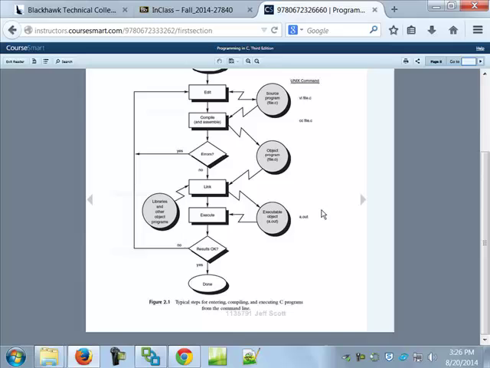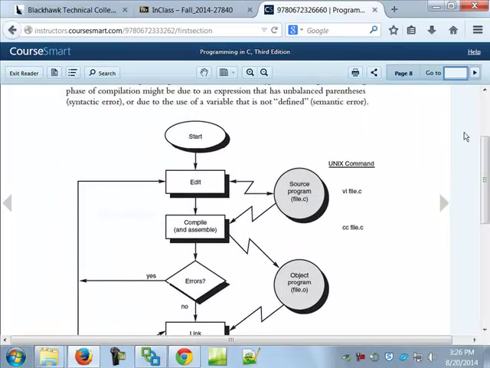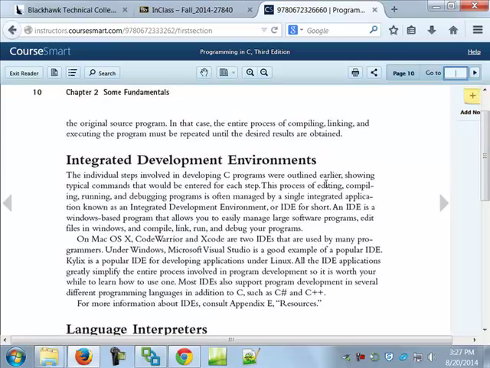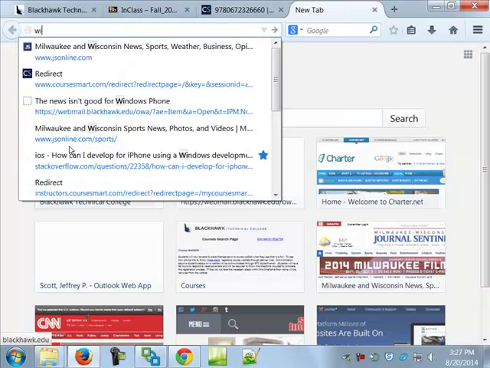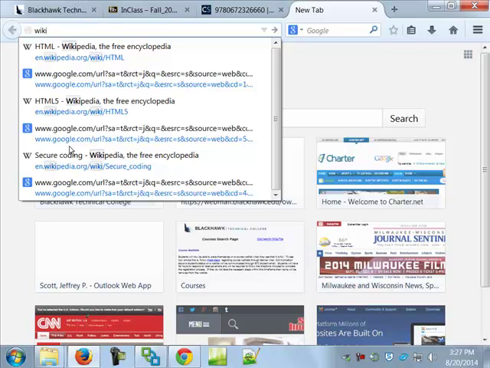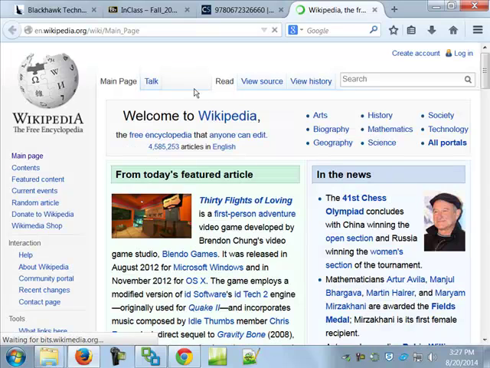Now again, I mentioned this before, and a couple people have even talked about it. I think Mike even said this when we were talking about this the other day. On page 10, integrated development environments. I want to show you something you may or may not be aware of. I'm going to go out to Wikipedia, purposely, wikipedia.org. And if I come in here and under the search, I type in C language compilers.